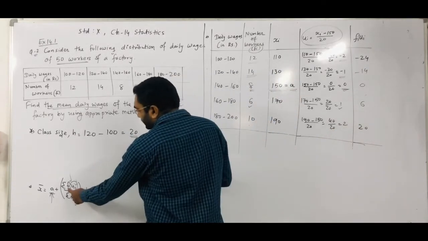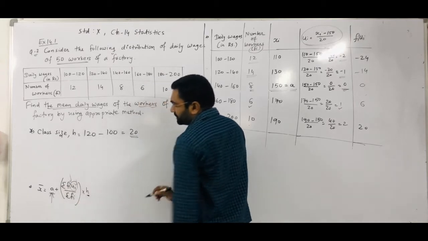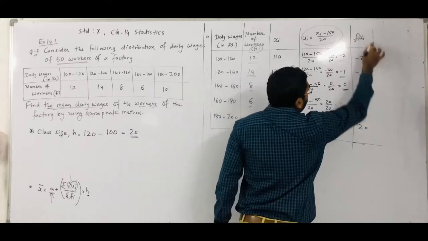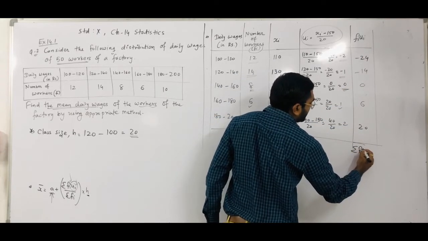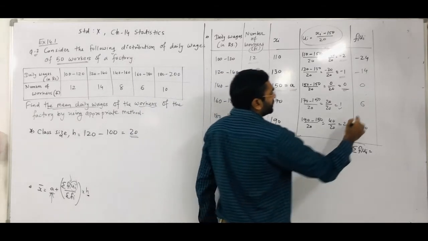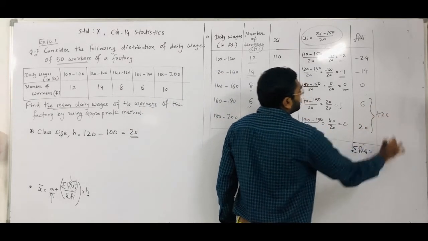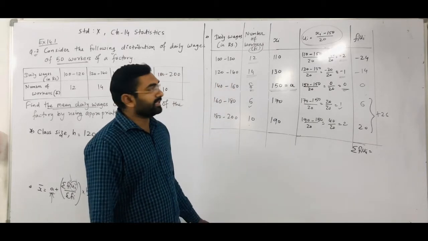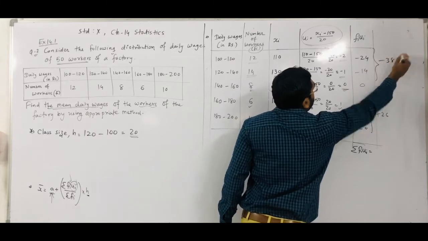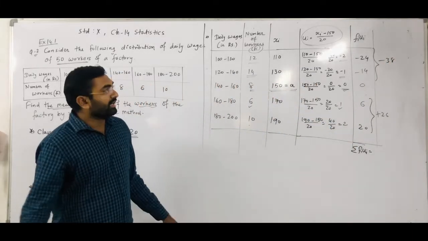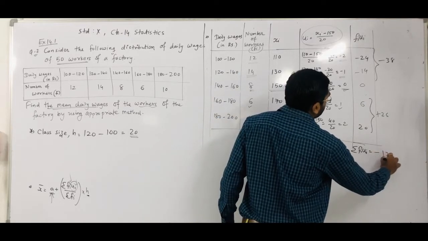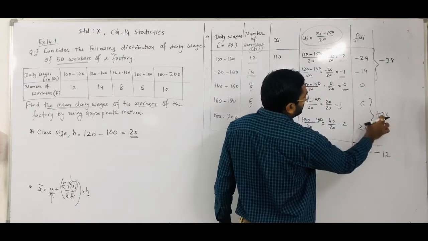But in the equation, what we require is the summation, sigma fi ui. It means its summation we require. So whatever values we get in the fi ui column, its summation we have to do at last. Now how can we do it easily? Positive numbers first of all take the summation. So 20 plus 6 is 26. Now negative number summation we have to do. It is minus 38. Right? So we get minus 12. Bigger number sign we have to take because 26 minus 38.